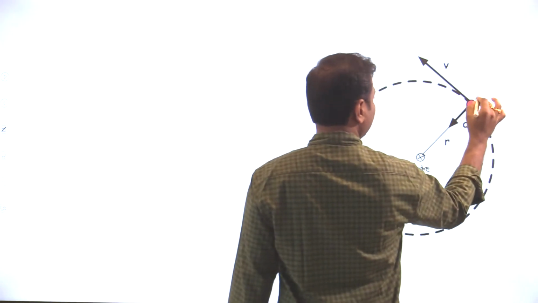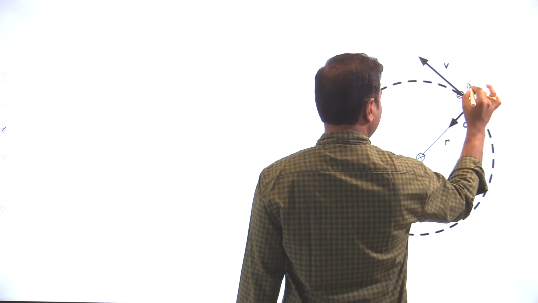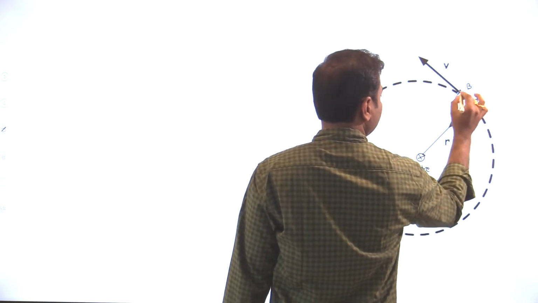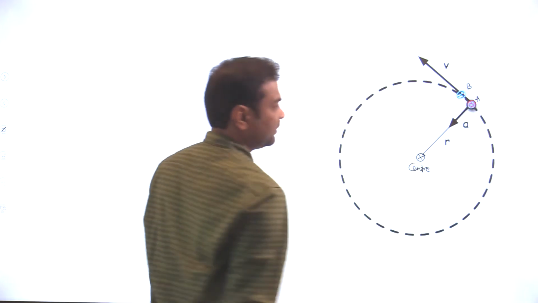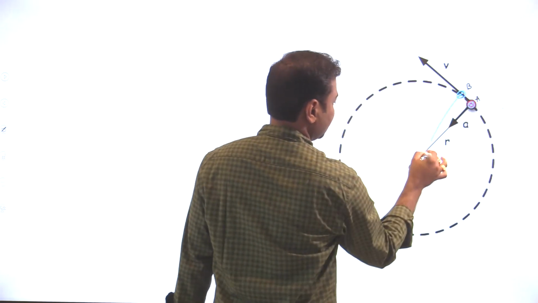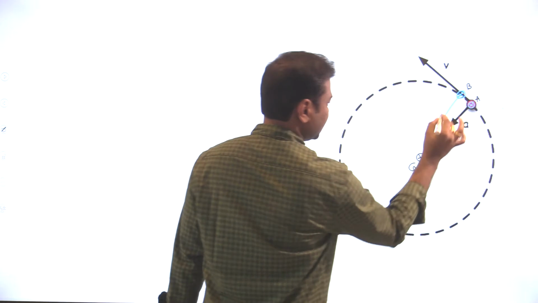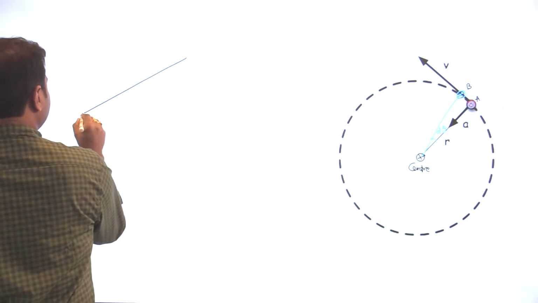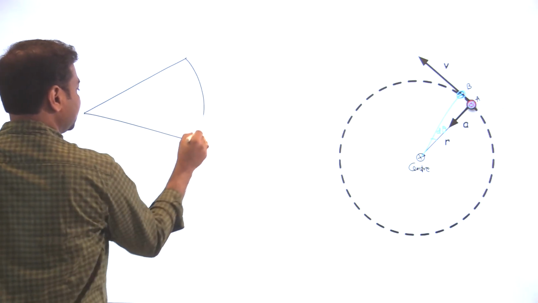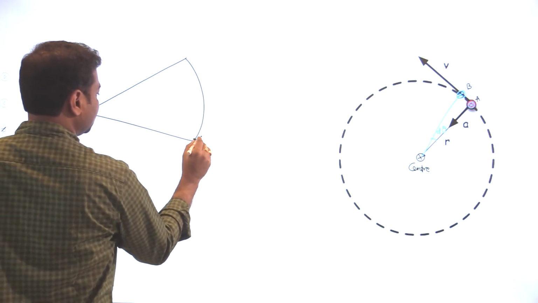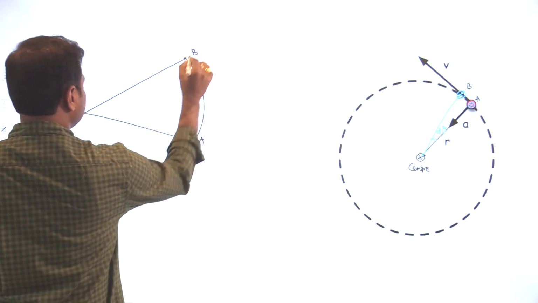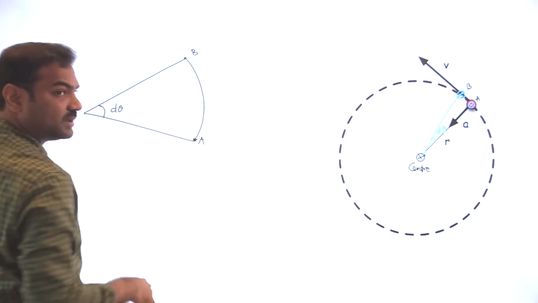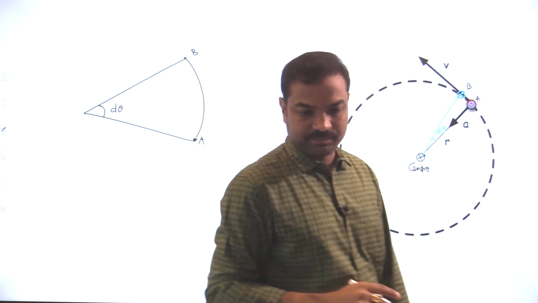Let us say this is the A point. I am taking the very close point B. A and B, very close points I am taking. If I connect them, this angle is very small, d theta. But I am drawing a bigger diagram so that everybody can see and understand. So this is the A point and this is the B point in the circular path. This angle is d theta, a very small angle, but the diagram is bigger to see.